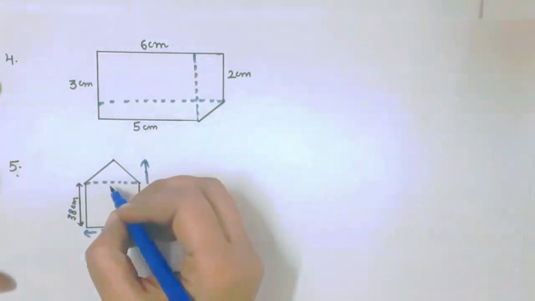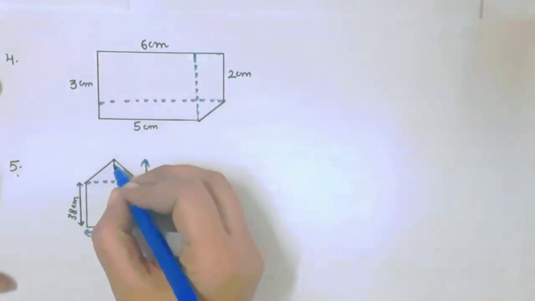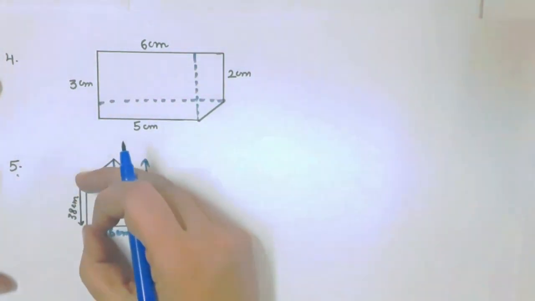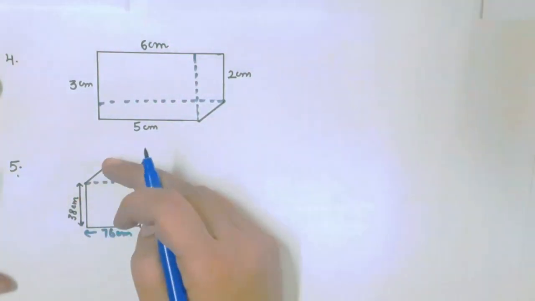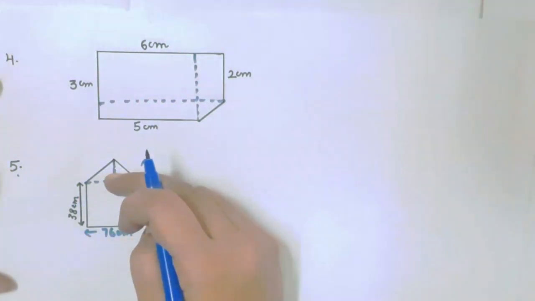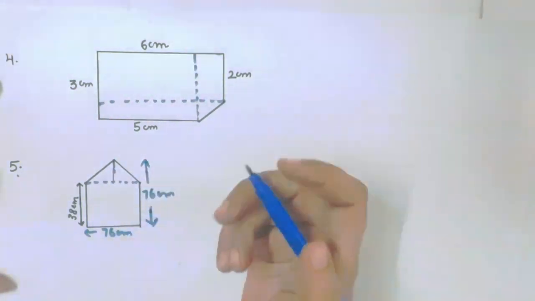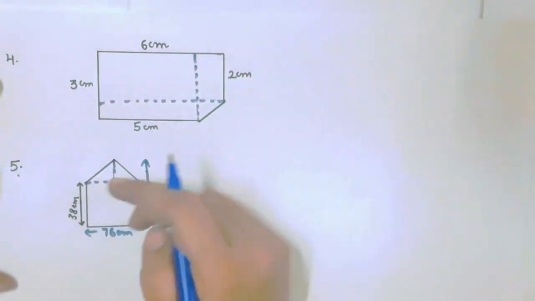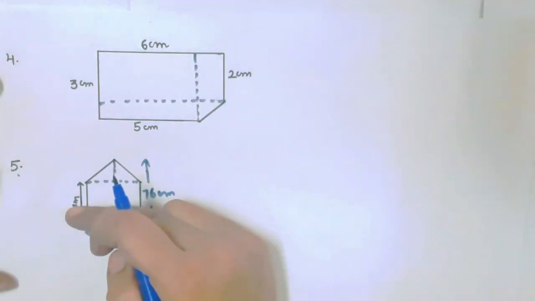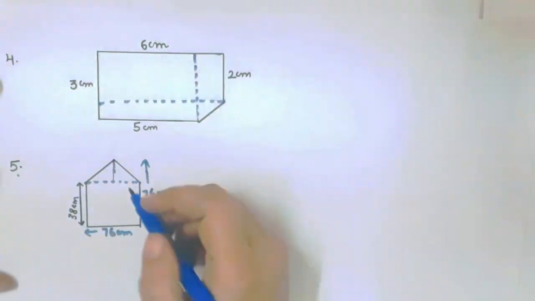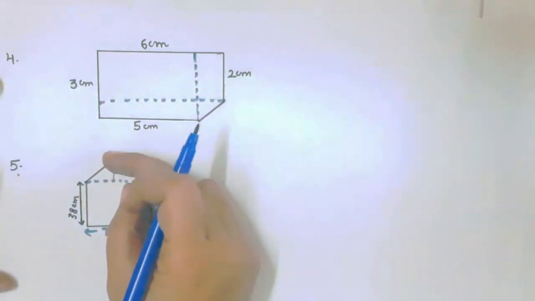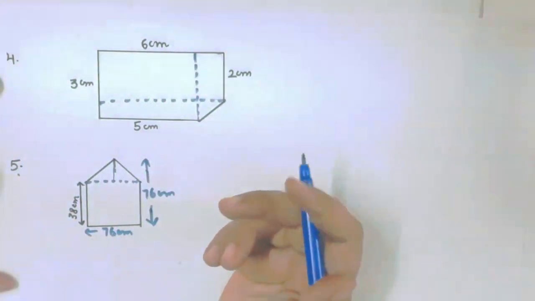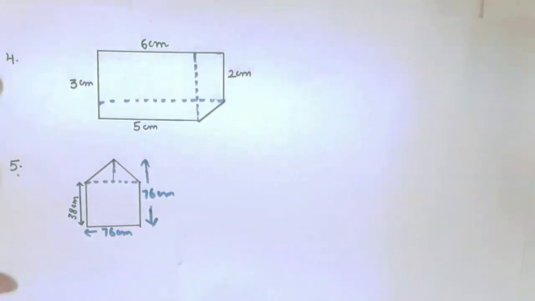Now in triangle we have to find out the height. First we have to find out this height. How to find out? We know that this is 38 and the whole height is 76. So 76 minus 38, we have to find out this height. Now find out the areas. The first one, rectangle, 76 multiplied by 38, and find out the area of this triangle, that is half into base into height. Base is 76 and height we have to find out. Okay, so you do this part by yourself.